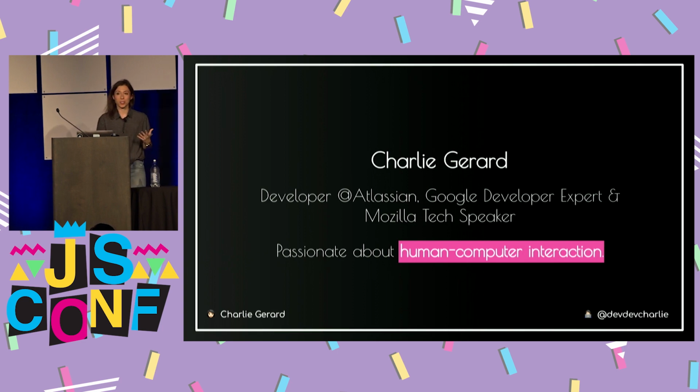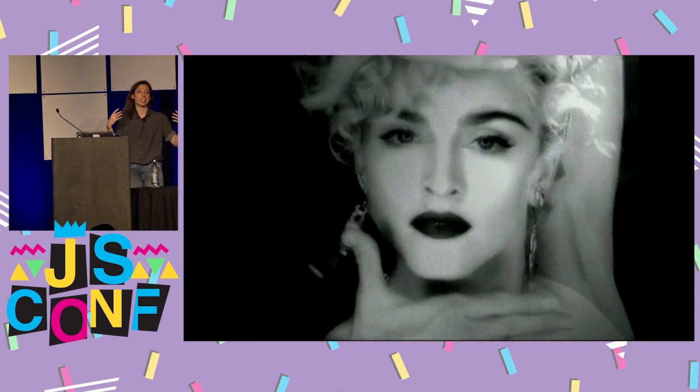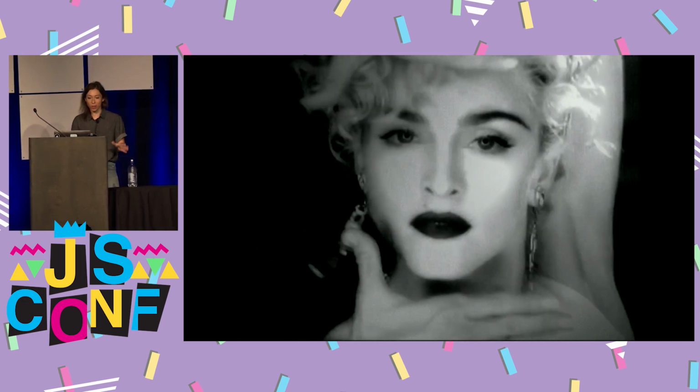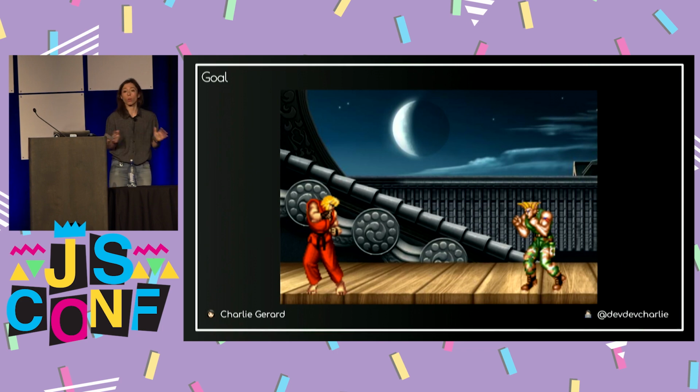So this is why I called this talk Strike a Pose, because it's from the song Vogue, and I don't know if you know it, but voguing is a type of dance where you don't really follow certain steps. You kind of just express yourself in different gestures, and it's really who you are and how you feel with dance. But we're not going to dance today. This is not what we're going to do. But we are going to use our own gestures to play a game of Street Fighter. So that's the goal at the end. That's the goal, yes.